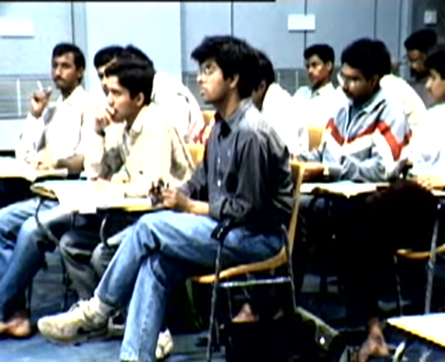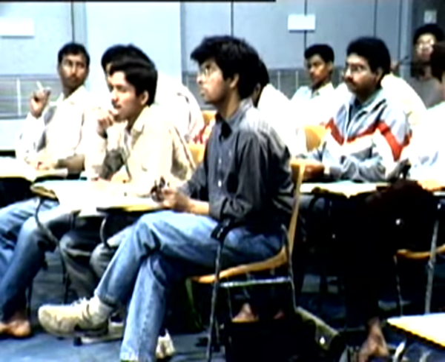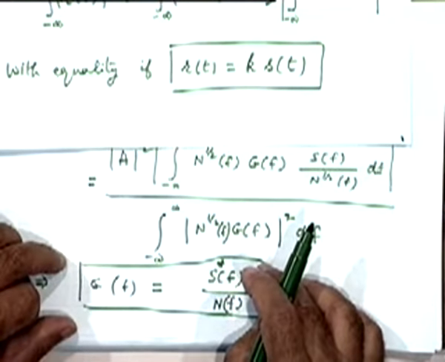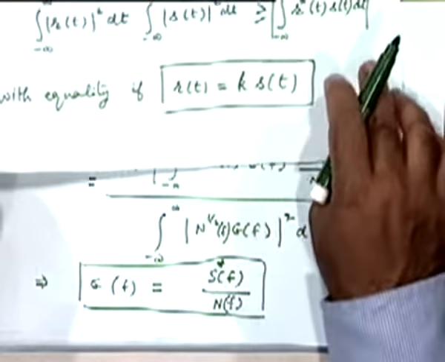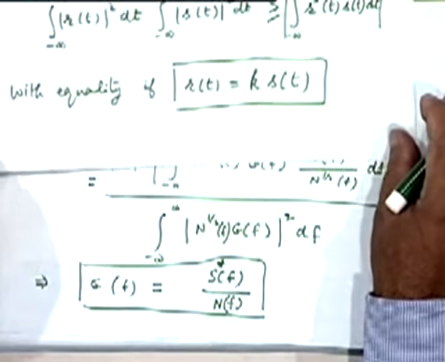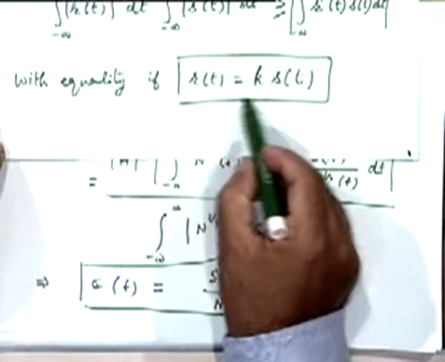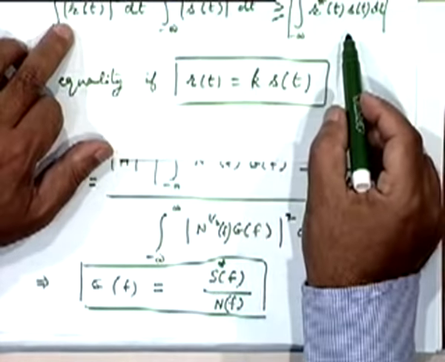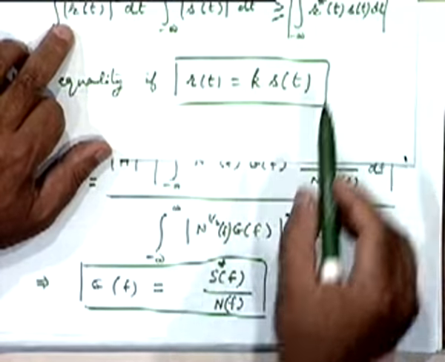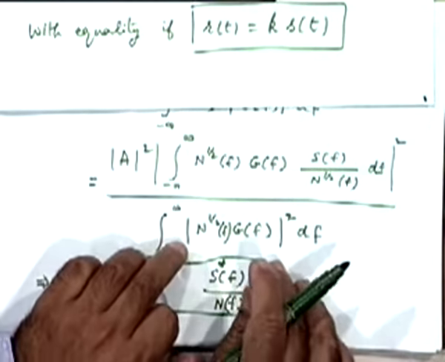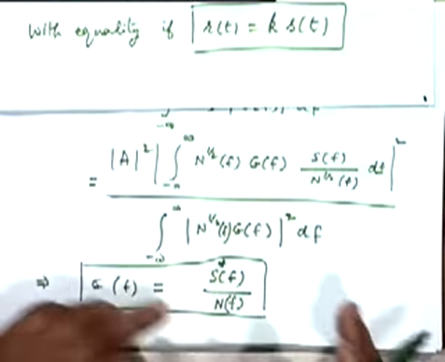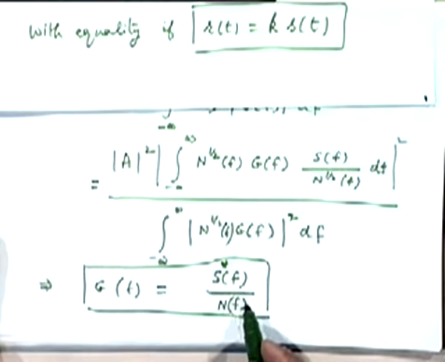We are not talking about what the value is; the maximum value will be the other function squared. We are not looking at the maximum values yet. We are looking at the condition under which this maximum will be achieved. That condition will be this condition, RT equal to K ST. We identified what is RT and what is ST, which corresponds to RT and which corresponds to ST, and then we are using that fact in arriving at this result.